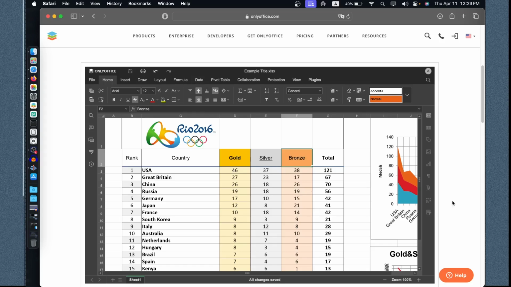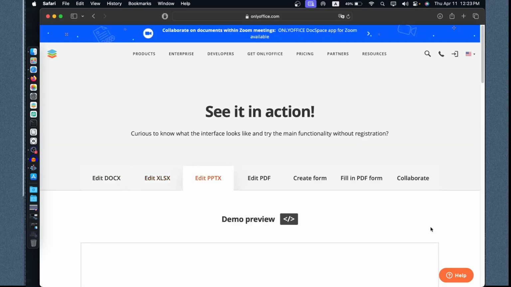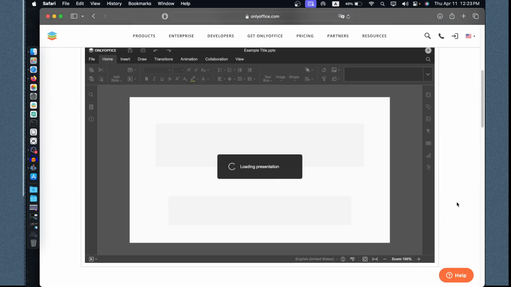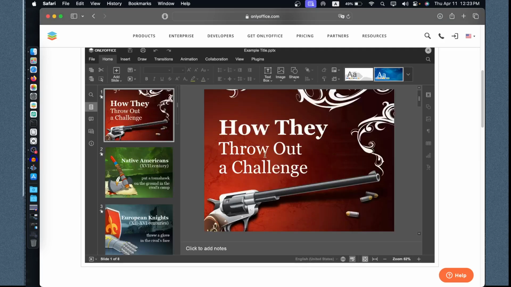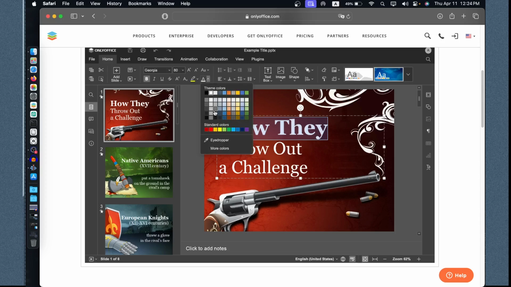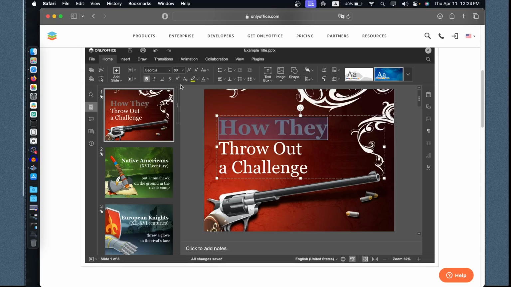You could see it in action. How about in the presentation? Just like in your Microsoft Office. Instead of white, let's change it into gray, but there will be some